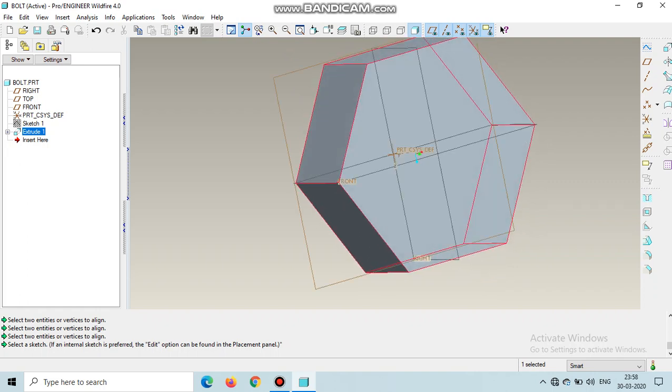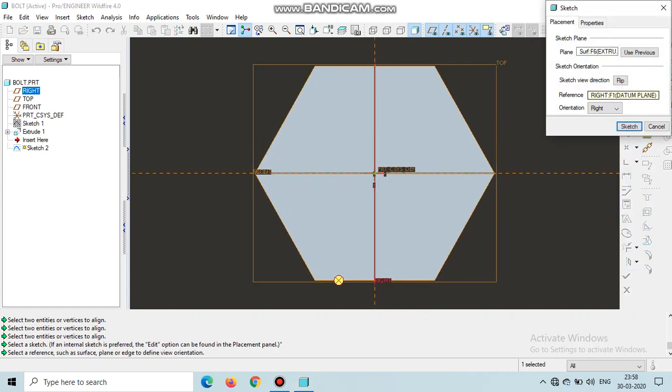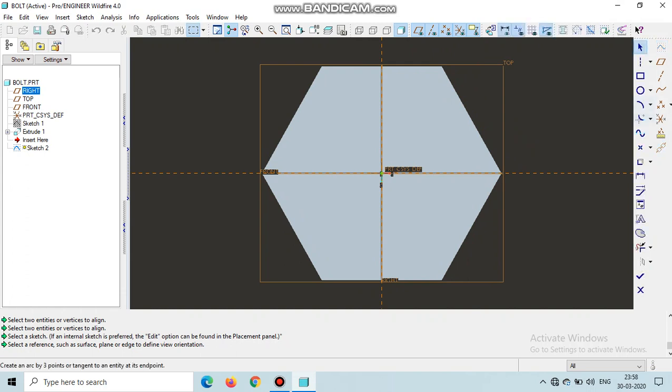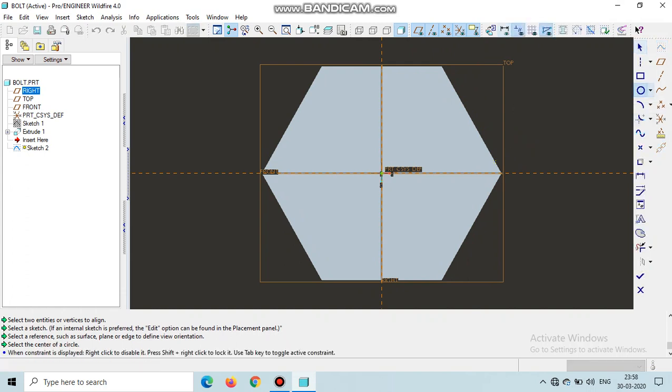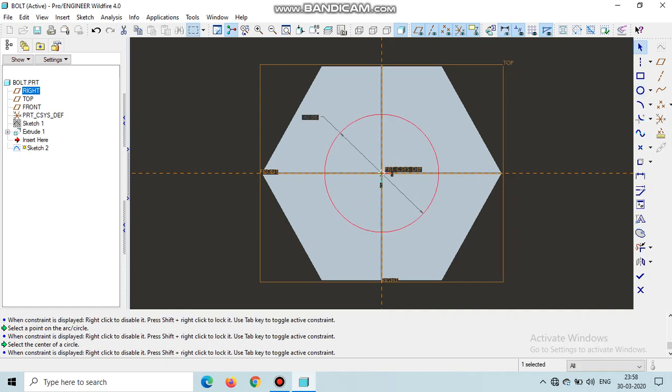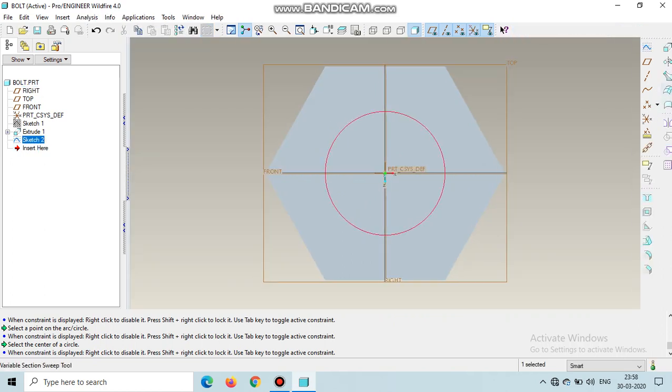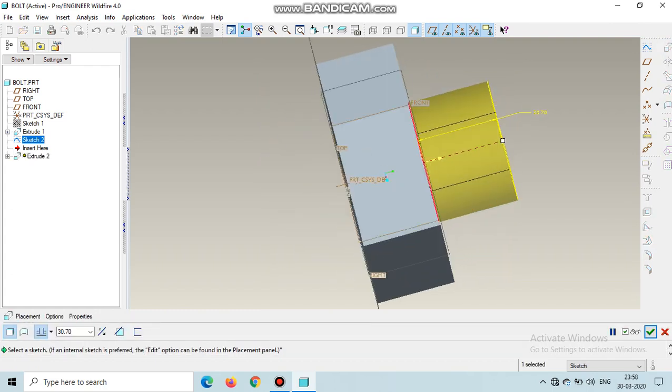Now we have to make the shaft. Here I'll select this particular area and give sketch. Under sketch we will go to circle. At the center I'll draw a circle of dimension, say, I'm giving 45, and come out of the sketch. Sketch 2 is selected, and I'll give extrude through a length of